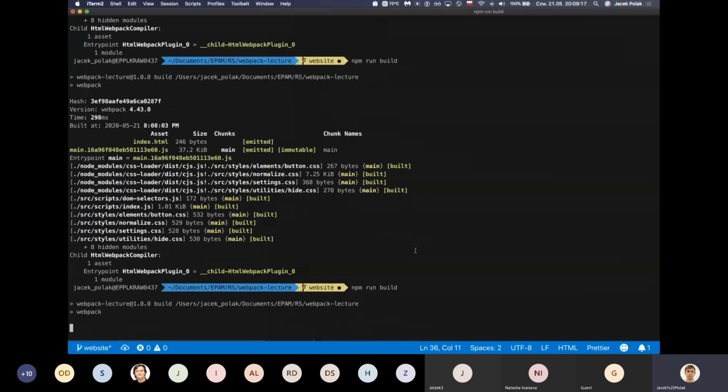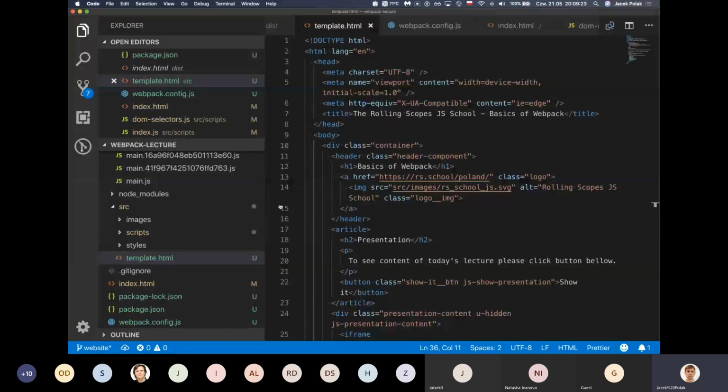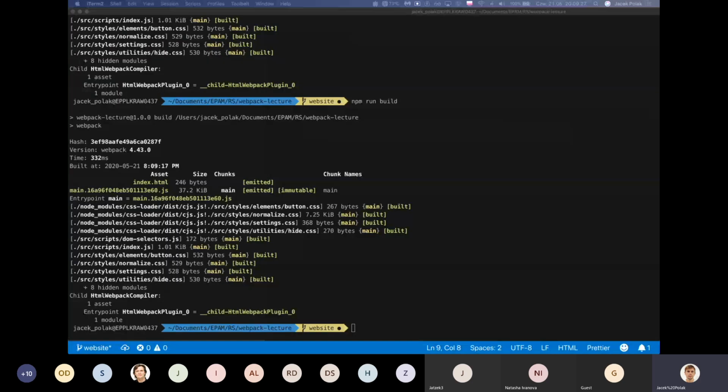So npm run build. Great. And now our index file is a little bigger. I hope the content is inside. Not yet. Why not? It's not inside. Let's think, because probably we need to extend a little bit where the template is. Okay, because the template should be in the root. So what we can do,